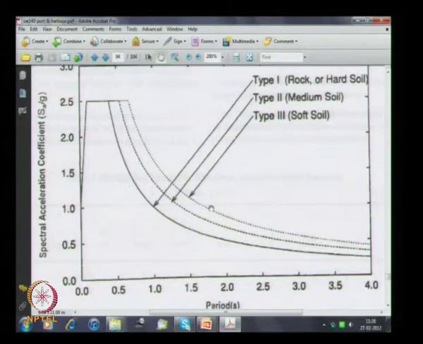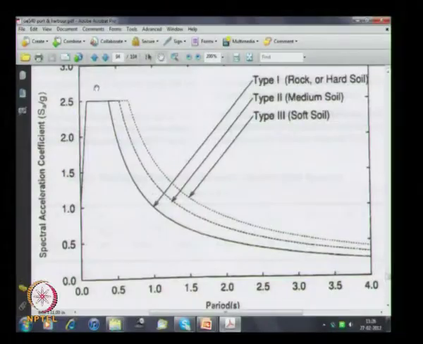What is the natural period of a jacket platform? MTech Ocean Engineering, you studied, no? 2 to 4 seconds. If it is very close to 4 seconds, then we have to consider dynamics. Most of the platforms are between 1 and 2 seconds only. With increase in water depth, what will happen to natural period? It will increase. Omega is equal to root of k by m. So I will discuss later.